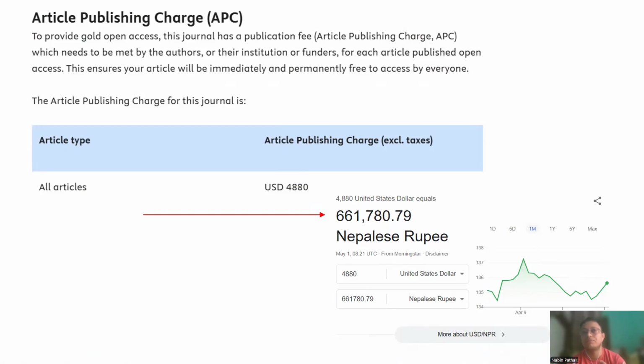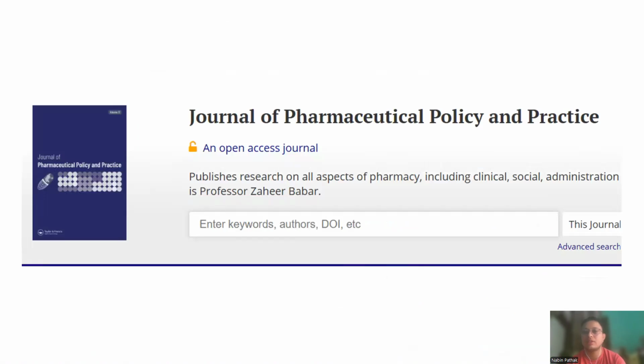very lacking, which limits us from publishing our paper, and we need to pay it, or we need to have access through open access, such as Research4Life Group A access, for those kinds of countries. Our country being a lower middle income country is only given 50% of the total charge, which also makes sense to some point. But once you see the bigger picture, it will create bigger consequences in the coming days. Another example, you can see that this is the Journal of Pharmaceutical Policy and Practice, and it is